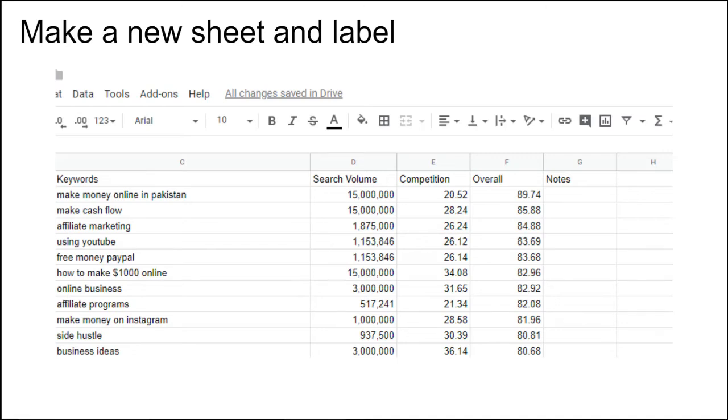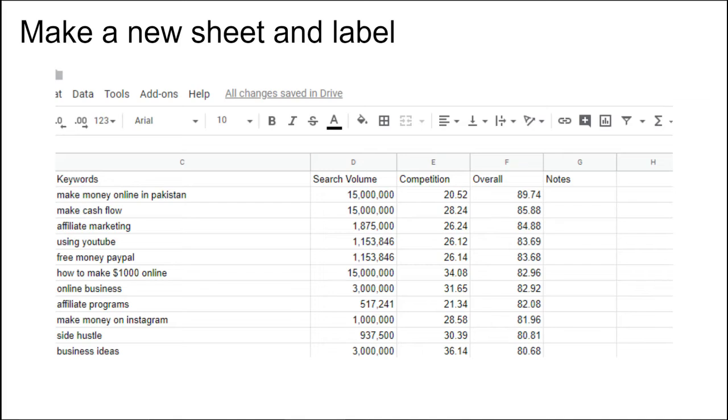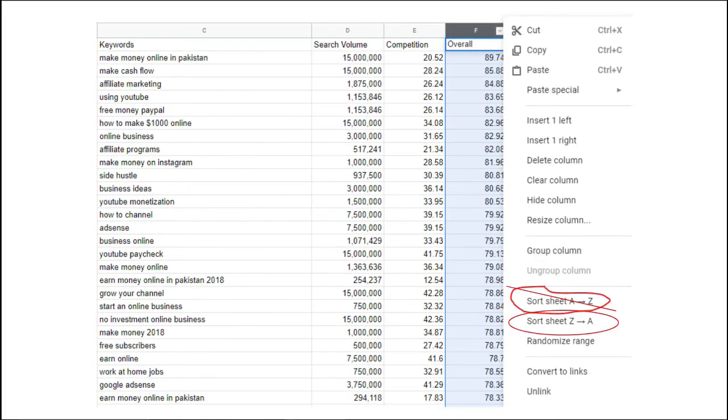you're going to want to make a new sheet and then label the keywords, because your labels will most likely get lost. The labels that say keyword, search volume, competition, overall, those labels will most likely be lost in the process. So make sure when you make your new sheet to put those labels at the top, and then to go down one and right click and paste your list of keywords. So that way you'll be able to see the keywords, the search volume, competition, overall, and then I would also recommend making a little notes column on the right hand side there for what I'm about to show you in just a second. Once we have this list of keywords, we're going to want to sort it by the best